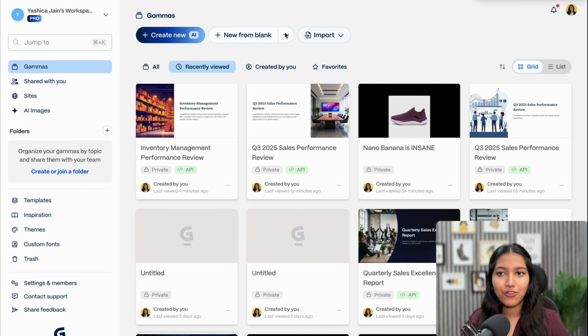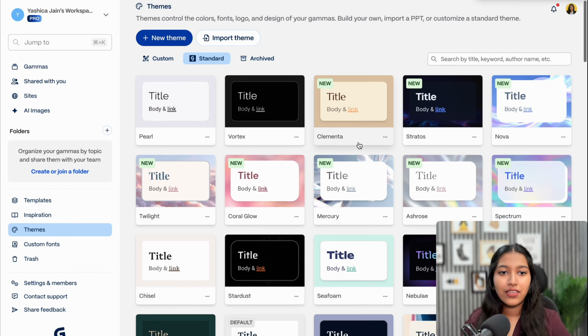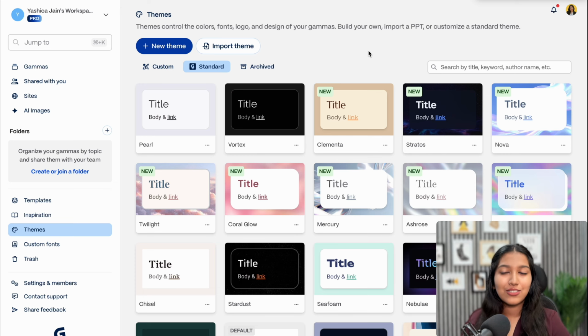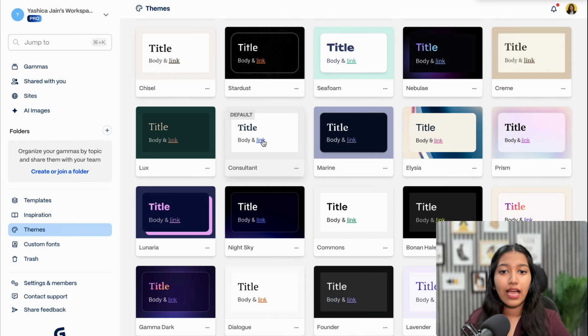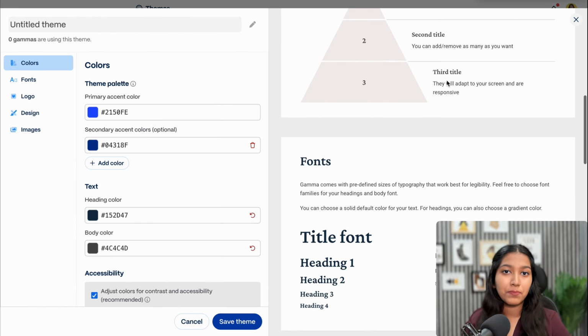Once you create an account on Gamma.app, you will land directly inside your dashboard. After that, head over to themes and then go to standard. Now here we have a ton of themes to choose from. So one option here is to select a default theme, and all the presentations will be created using that particular theme.